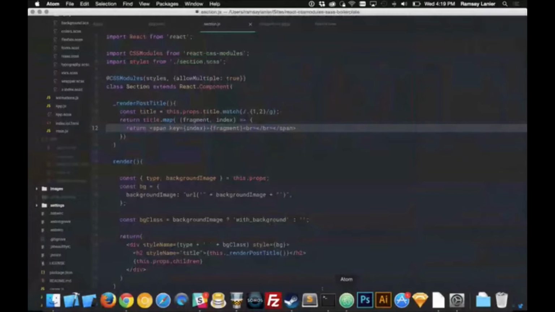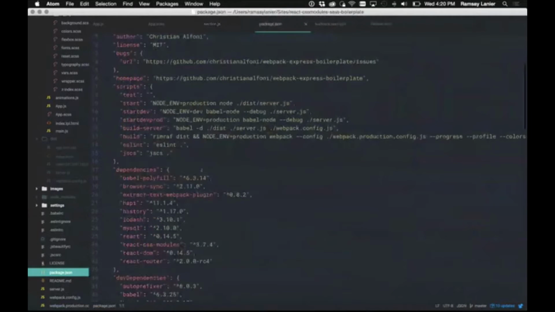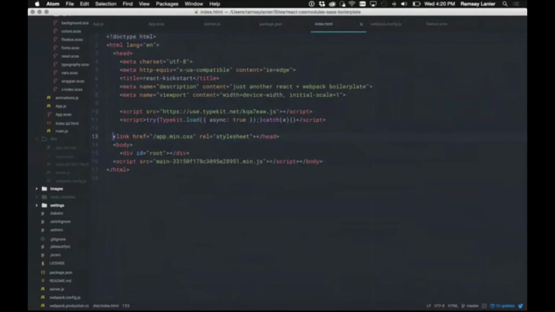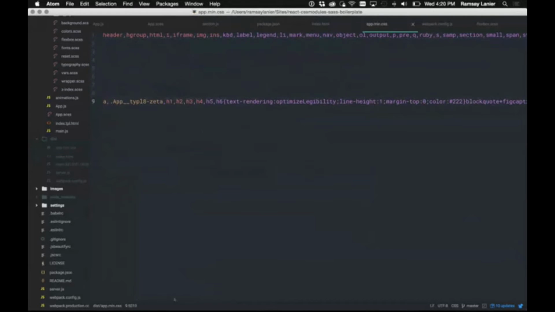The last thing I want to show you is what it looks like when you run this. This boilerplate is run using NPM scripts. So when you run npm build, it's basically going to do a bunch of Webpack stuff, and it's going to generate this distribution folder. So you're going to have your index file, and remember at the very beginning of the talk, I said it's going to generate a minified CSS file for you and link to it in your head. And so then, voila, here's your very long minified CSS file.